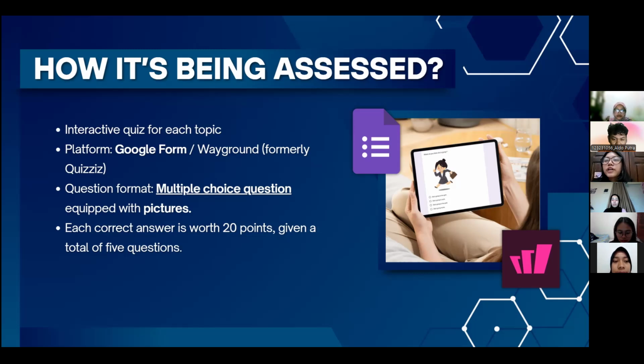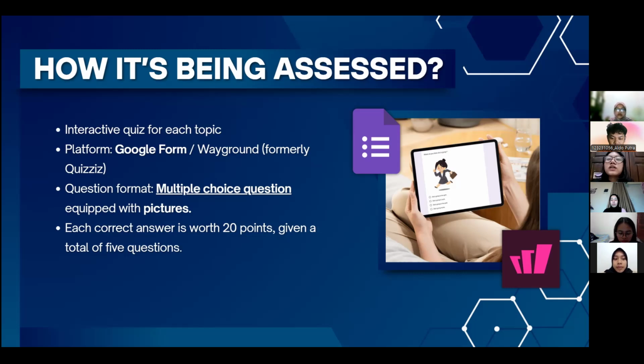And for variation, we will also use Wayground, formerly known as Quizizz. The question format of the quiz will be multiple choice questions that also include pictures to make it more visual, and each correct answer is worth 20 points.